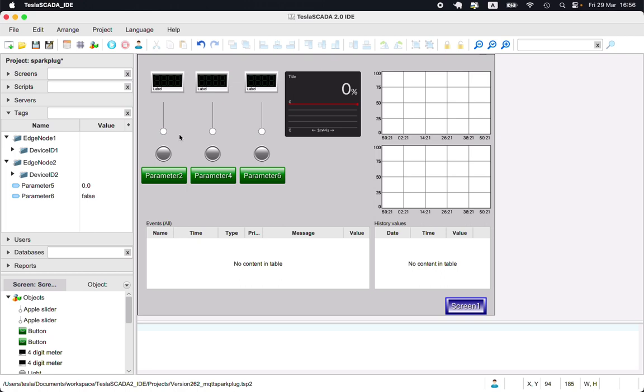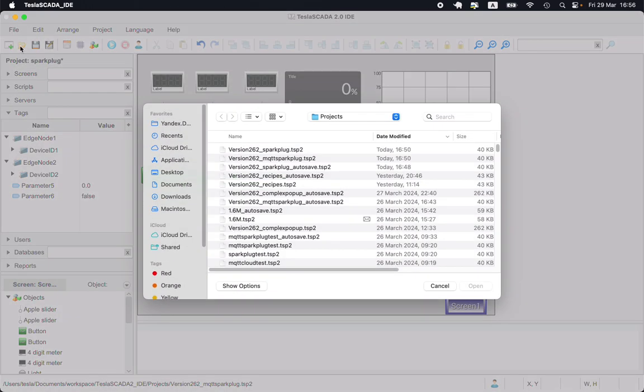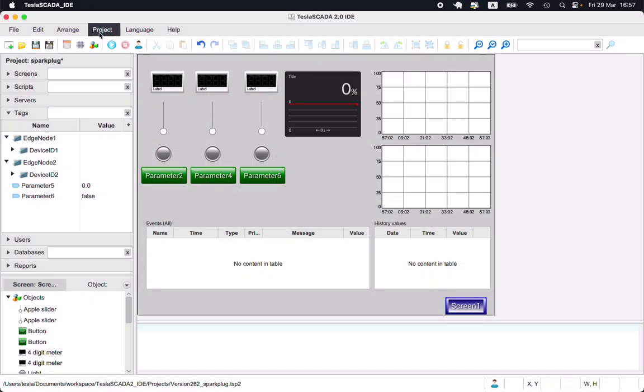In this video I will show the last feature we added in the new version: the possibility to use the MQTT Sparkplug B specification in our project. Let's open our project, which we created preliminarily, and let's see the settings you have to do for a virtual